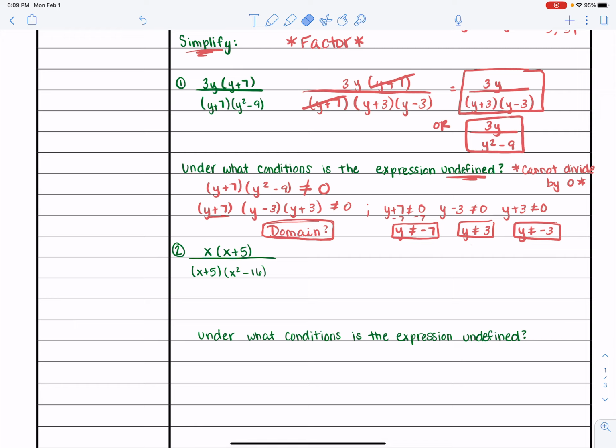And it's weird to talk about domain when our variable is y because domain is always the x. We're just using y here because that's the variable that was originally in our problem. Okay, that was a whole lot on number 1. Number 2,